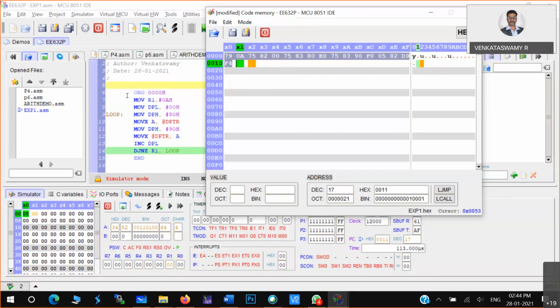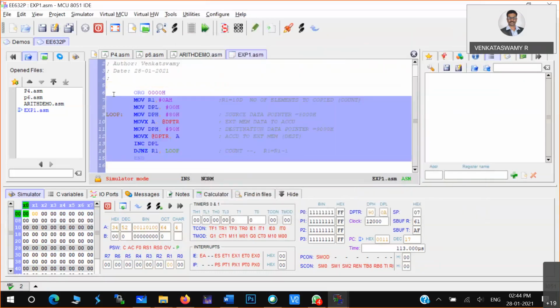Okay, now each and every program we need to convert to binary, and we are supposed to load this particular program to the microcontroller. So that was the time. Now you need not worry, but at least understand that this is how the binary program will look, and this is how your assembly program will look.